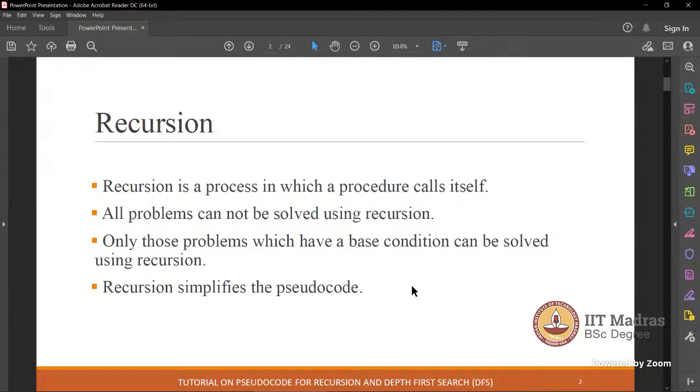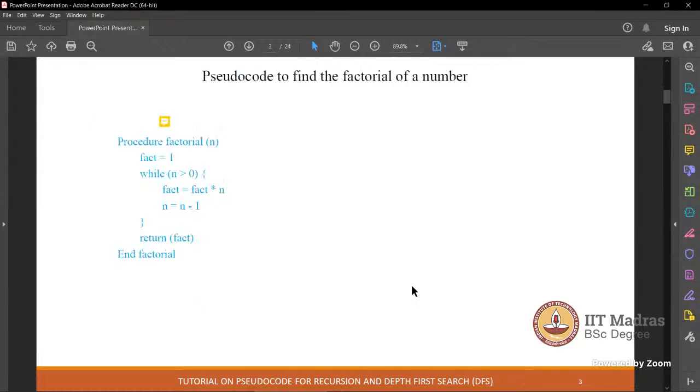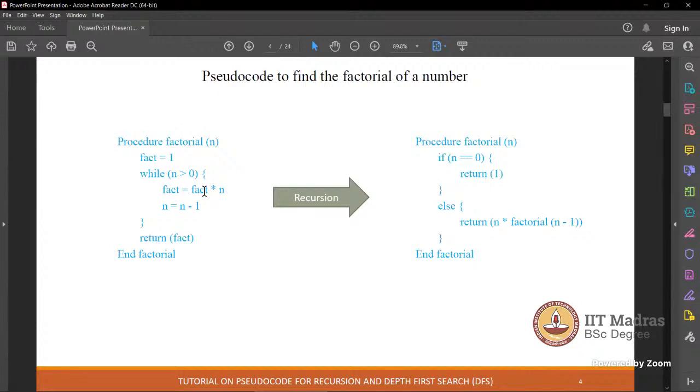Now, what is the base condition in factorial? You keep computing until n is equal to 0. Or maybe you can improve it and write n is equal to 1 also. That's up to you. But unless and until it becomes 0, you keep doing this.